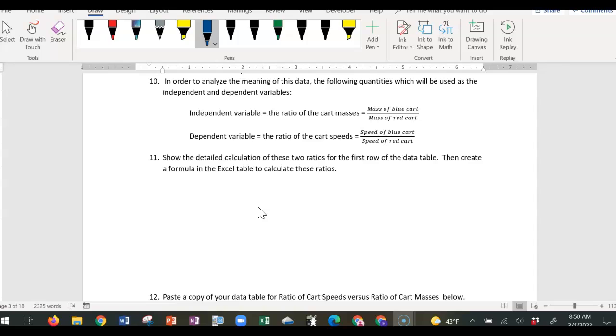The independent variable that we're using is the ratio of the cart masses, and I'm defining that ratio as the mass of the blue cart divided by the mass of the red cart. The dependent variable is going to be the ratio of the cart speeds, and I do mean speed. I know that in our table we recorded velocities, but we are going to use the speeds in this ratio. Okay. So the first step in number 11 says let's by hand calculate these two ratios for the first row